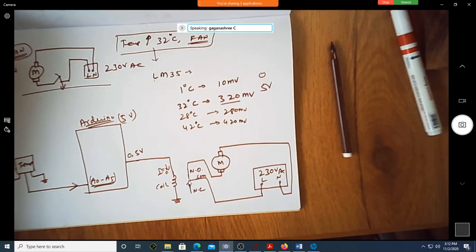It's the open path for this particular connection, because you can see this is not connected to this. So there is no path for current to flow, it is open. So the motor is not running. Only when I make sufficient current flow, this will go above. When it goes above, this starts running. Okay, let me just go back to this.